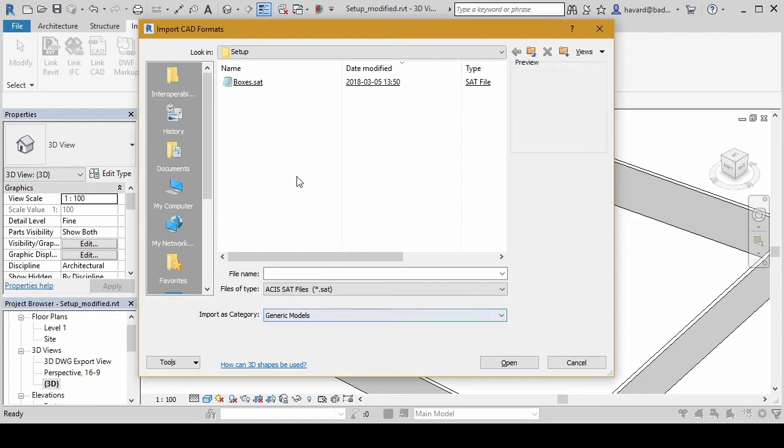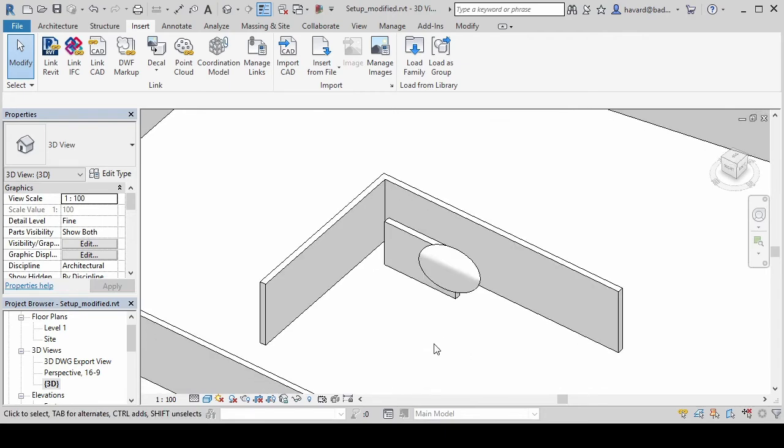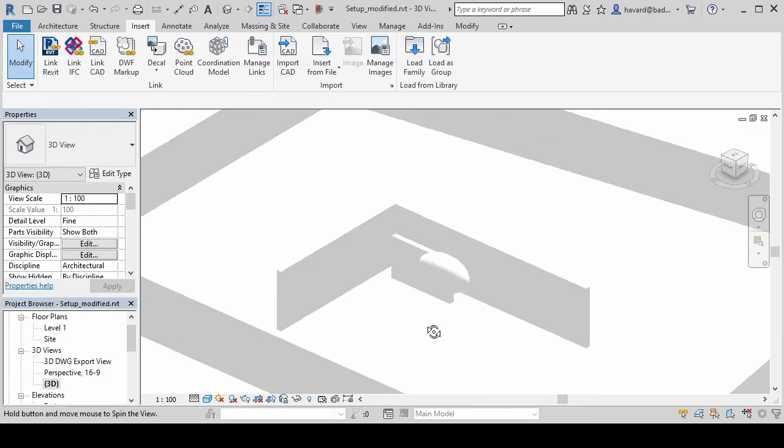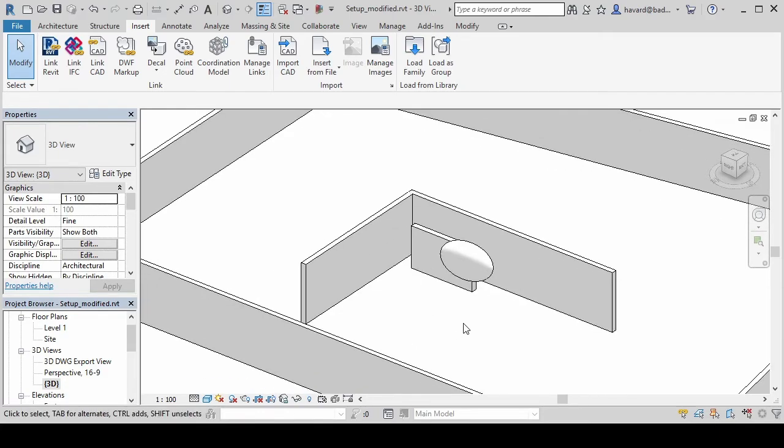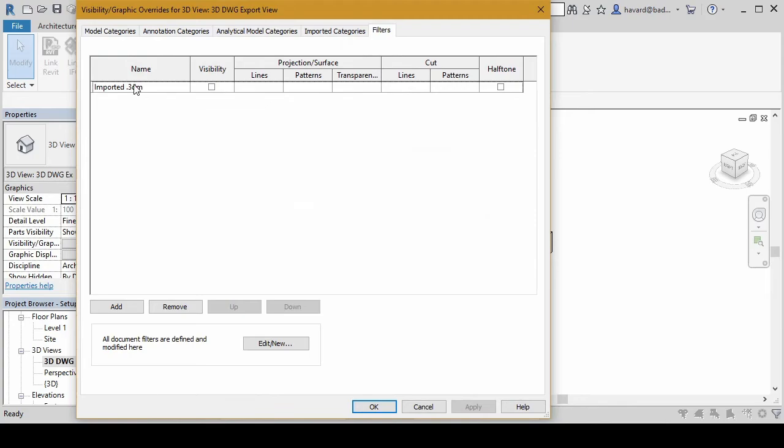You will notice that you can still keep this geometry on Revit categories. All right. And it's no longer the color of the Rhino layer that determines the color of this element inside Revit. We have one mistake though, that the 3D DWG export view is applying a filter that only registers the 3DM imports.